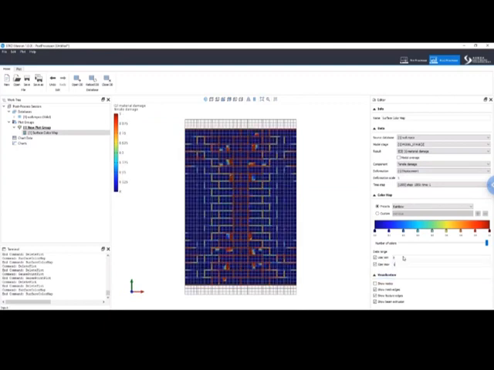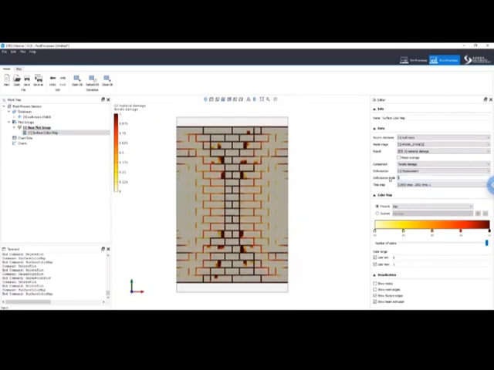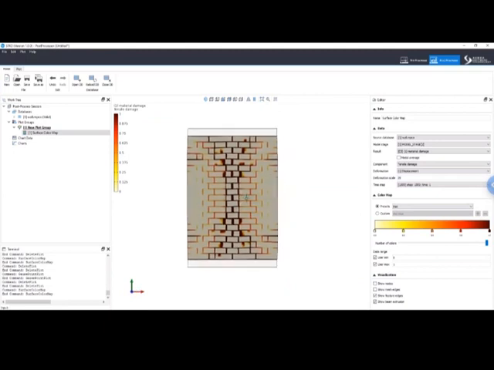So I clamp those values. And for the damage, I typically choose the hot color bar, so it's easier to visualize. Now let me put 20. Now the damage variable is actually something that represents the